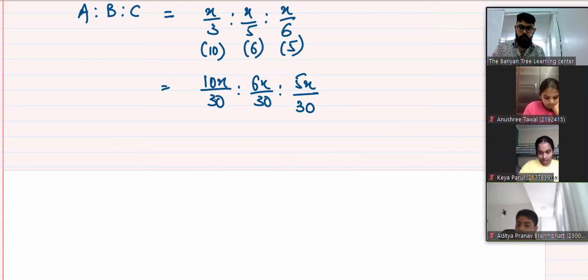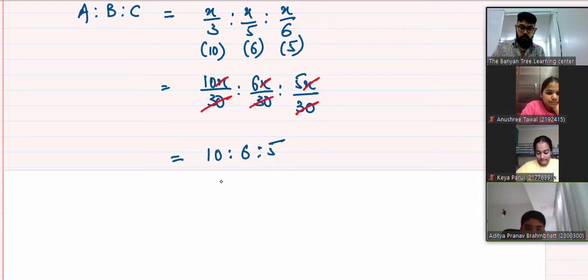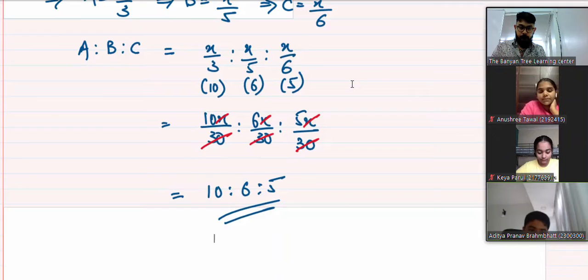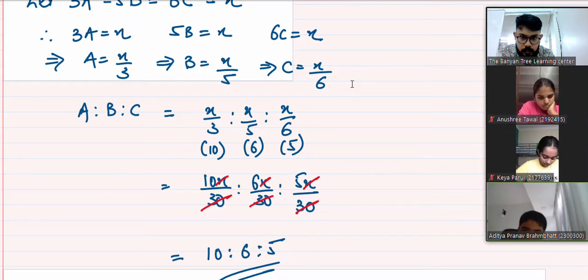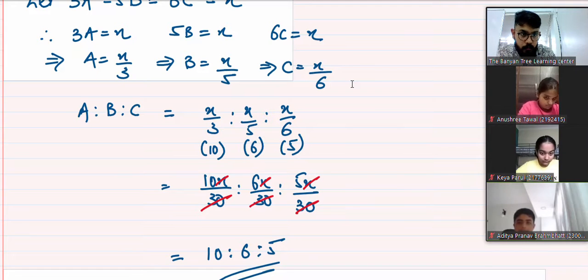So what is going to cut from all the three ratios? 30 is going to get cut, x is going to get cut, and what will be remaining? Similar terms will be cut. Like if there is 10 two times in some ratio, then it will also be cut. I didn't get you. Like instead of 6x here, if there is one more 10, will that also be cut? Yes, of course, that also will be cut. Similar terms will be cut. Okay. Yeah, whatever common terms are there among the ratios will be cut.